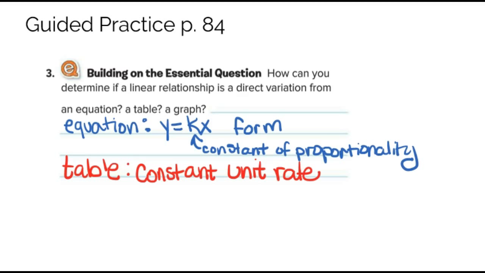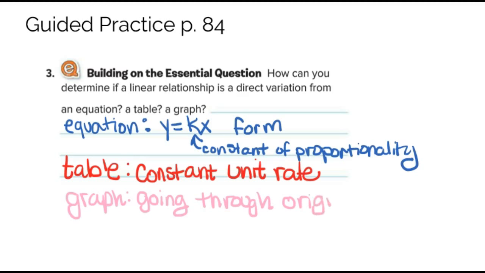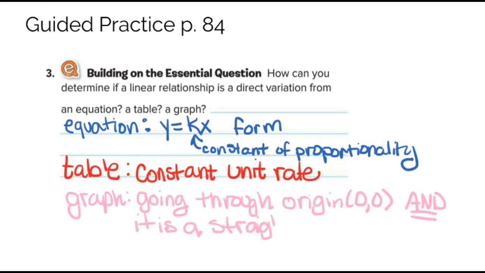And if you're looking at a graph, if you have the data going through the origin, which is 0, 0, and it is a straight line, a straight line means that there's a constant rate of change, then we have direct variation. So those are 3 different ways that direct variation can be disguised. You have to look at it a little bit